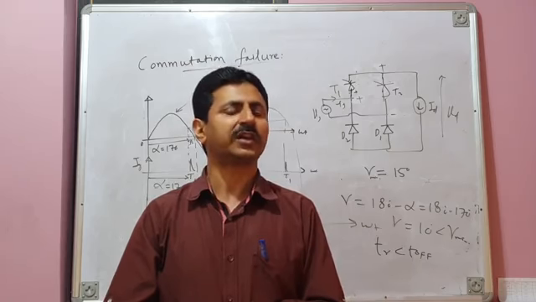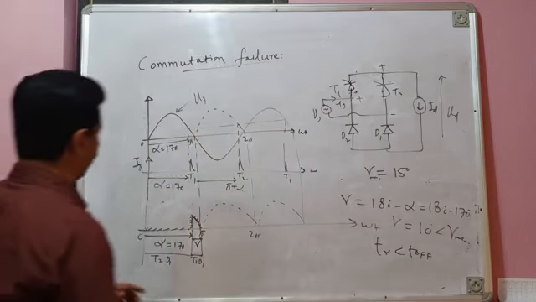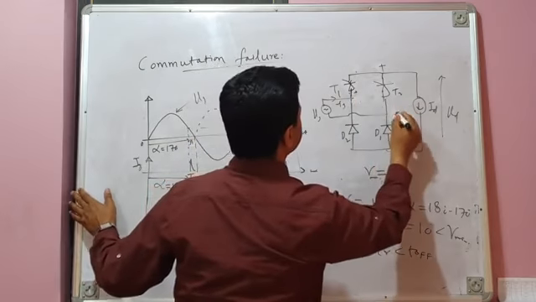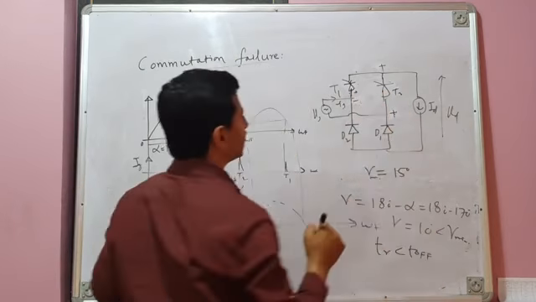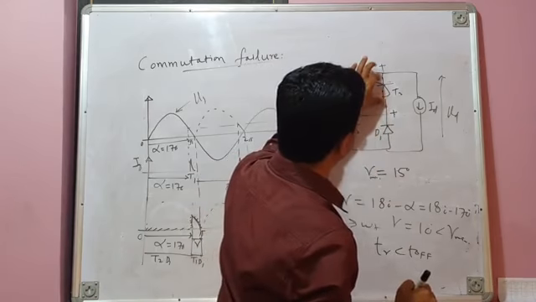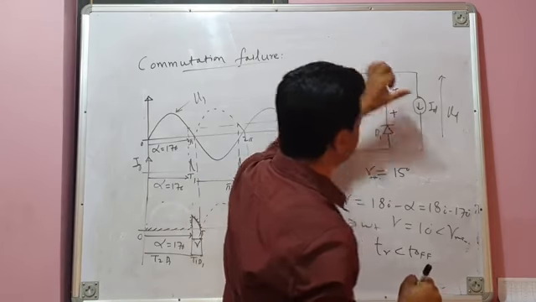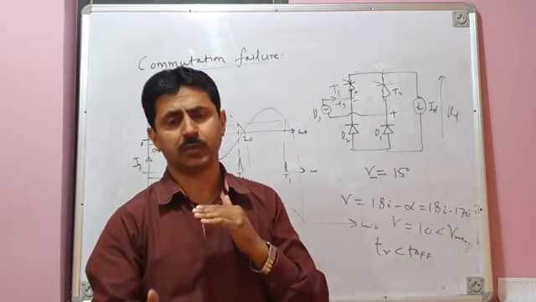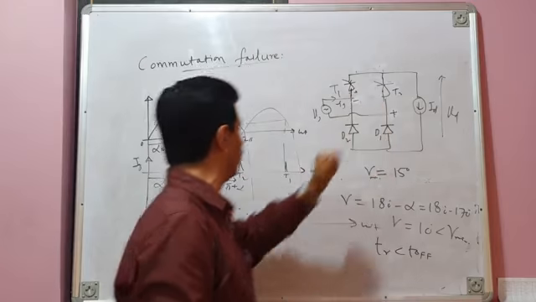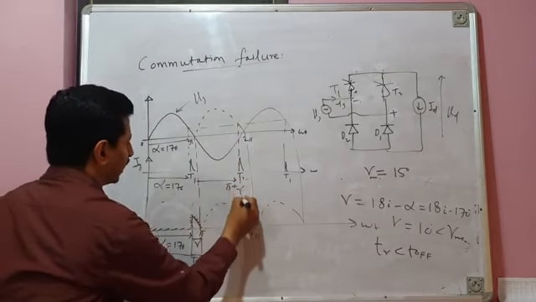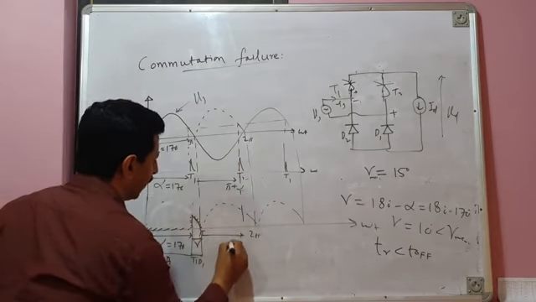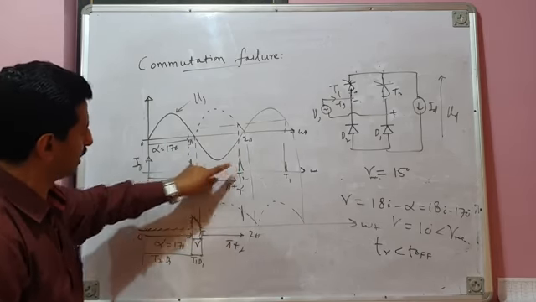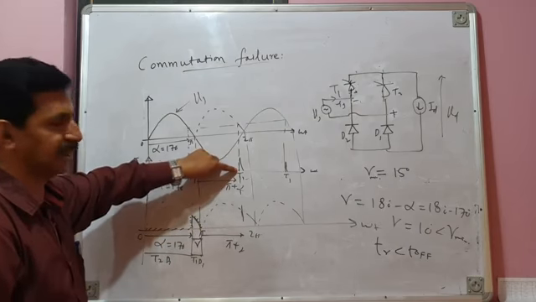And when it has not regained its forward voltage blocking capability, what will happen? उसके बाद negative half cycle source voltage का आ जाता है. Negative half cycle means this becomes positive, this becomes negative. And जब ये positive हो जाता है, that means आपका thyristor T2 forward bias हो जाता है. If it would have regained forward voltage blocking capability, it would not have turned on. ये कहाँ पे turn on हो जाता है? ये pi plus alpha पे turn on हो जाता है. It would have waited for firing pulse और इसकी firing pulse यहाँ आ जाती है.